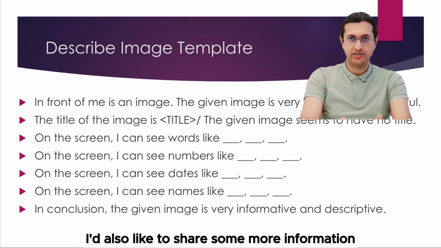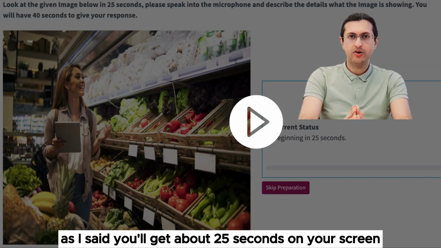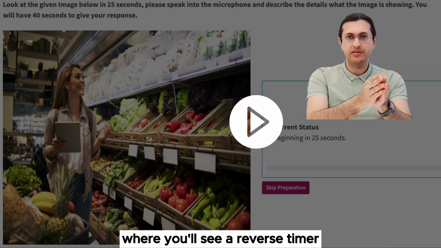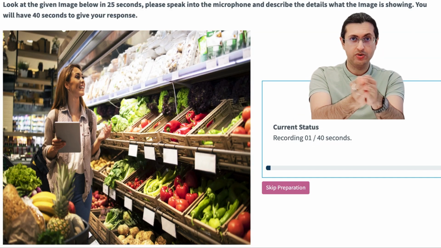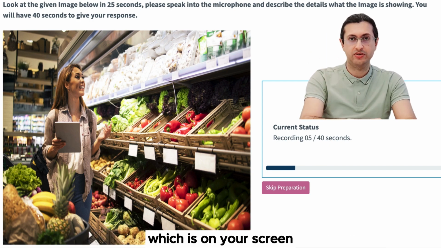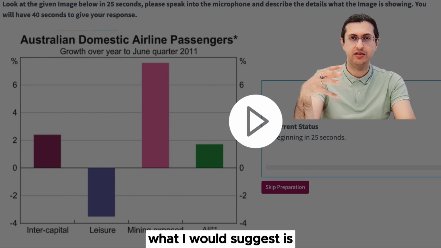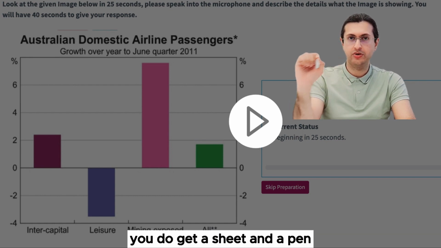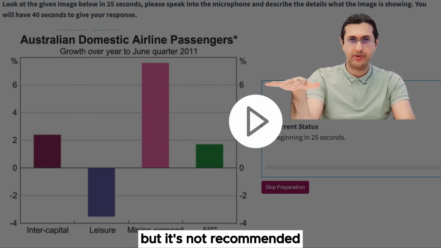I'd also like to share some more information. As I said, you'll get about 25 seconds on your screen where you'll see a reverse timer like 25, 24, 23, down to 0. So in those 25 seconds, you're supposed to see and understand the image which is on your screen. In those 25 seconds, what I would suggest is do not take any notes. You do get a sheet and a pen where you can take some notes, but it's not recommended.